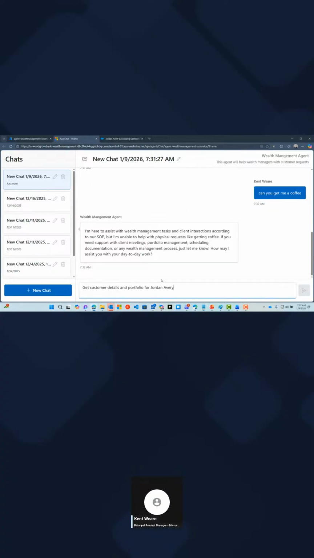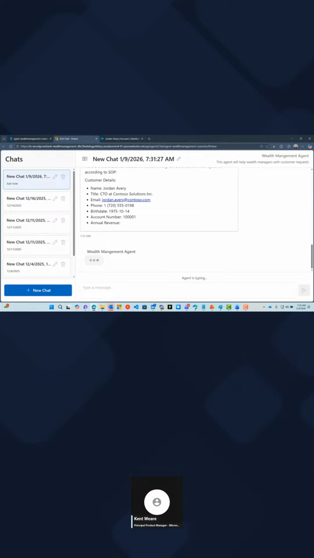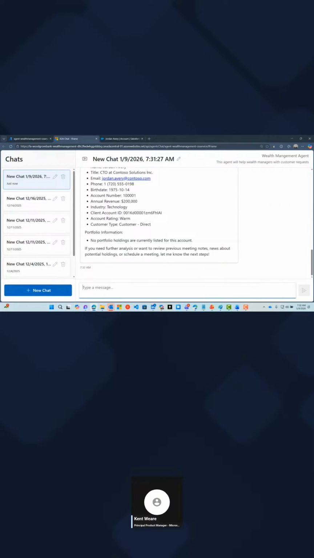Now let's talk about some more relevant use cases. Let's get customer details and portfolio information for one of our customers, Jordan Avery. What's going to happen here is that there are going to be multiple tools called simultaneously.